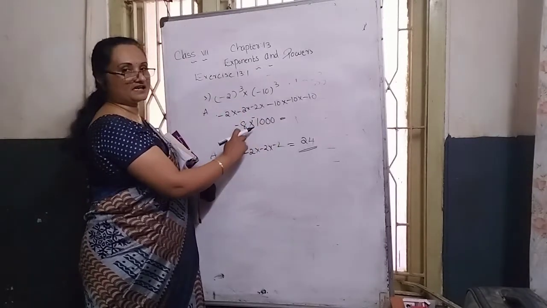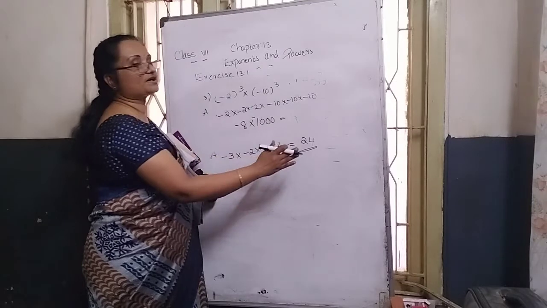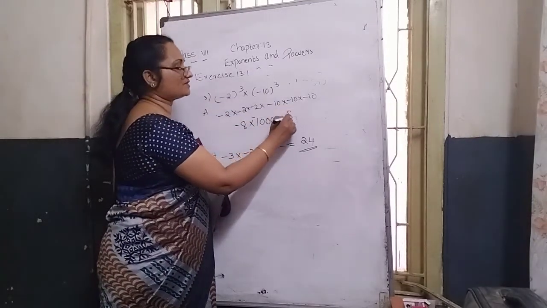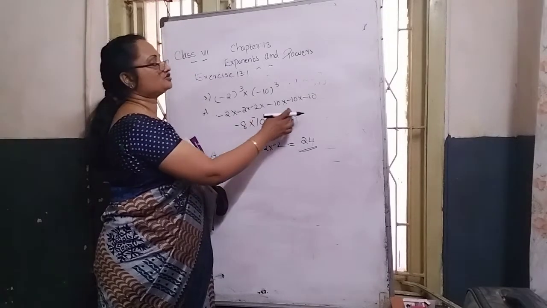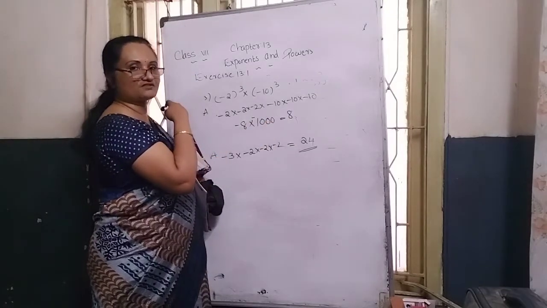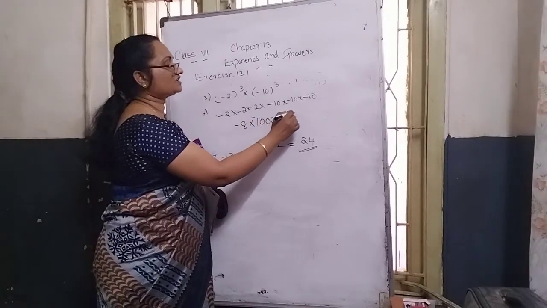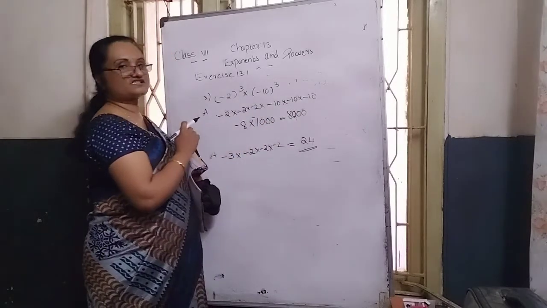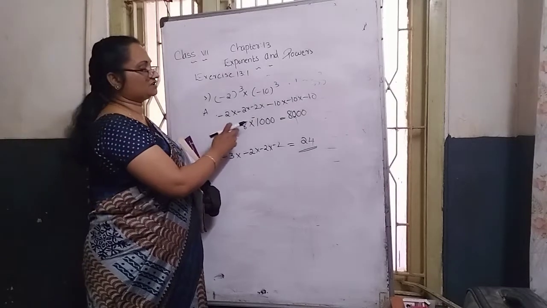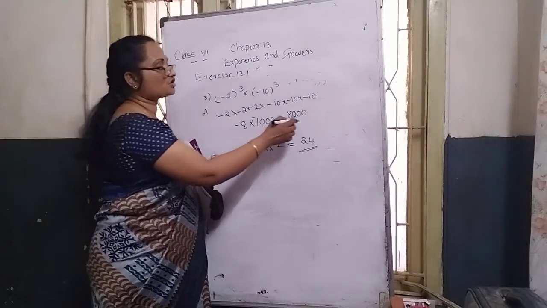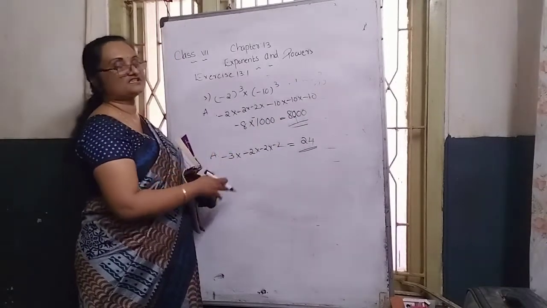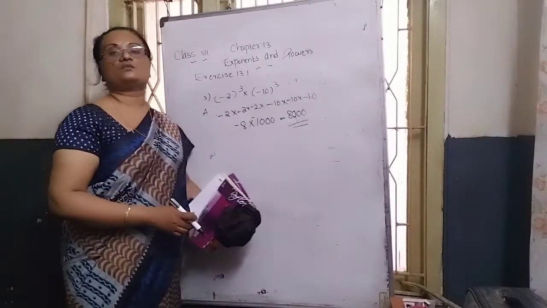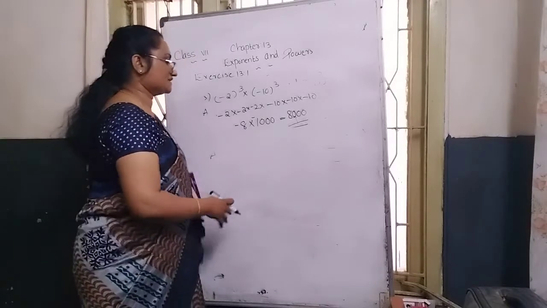Again numbers are coming there. 8 into 1000. Any number multiplied with 10 or 100, that means zero carry number, means the same number is kept and the total number of zeros is written on the right side of the given number. Right side of 8, how many zeros are there? 3 zeros are to the right of it. Here the negative sign, how many times is it repeated? In this case 2 times. 2 is an odd or even number? Even number. That's why the answer becomes 8000. I hope you can understand this part.